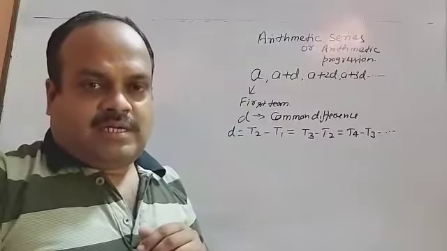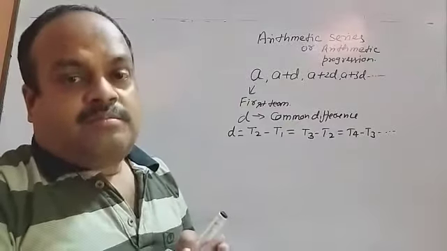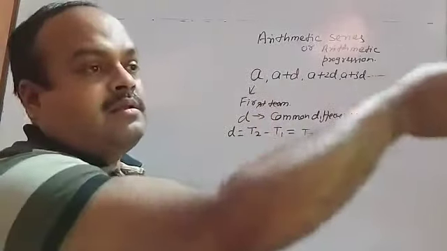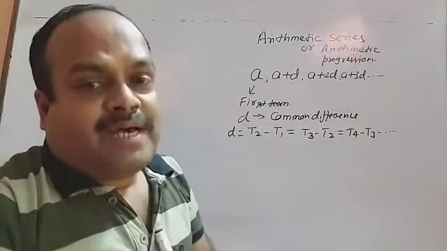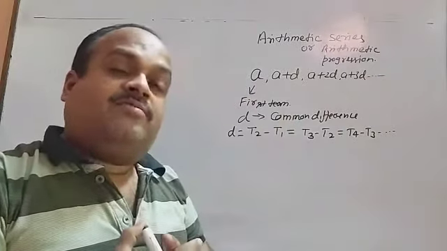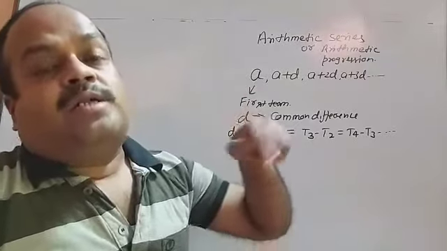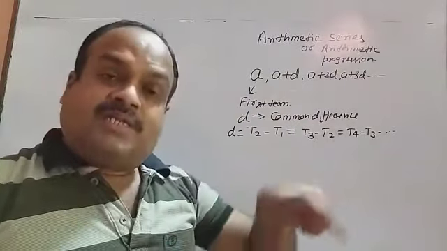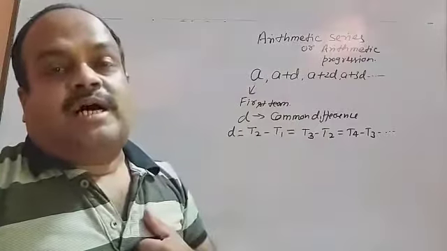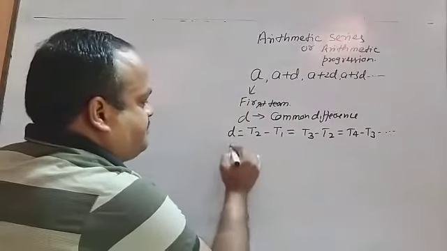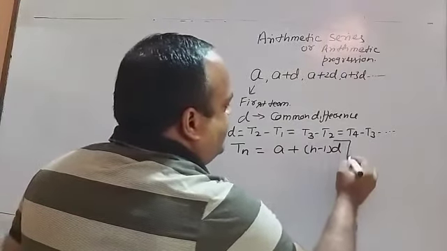One more formula helps us to find a term placed at a certain place. Suppose we have three terms of an AP and we want the number placed at the 20th place. For that, we will be using the formula which I am going to write: Tn is equal to a plus (n minus 1) into d,